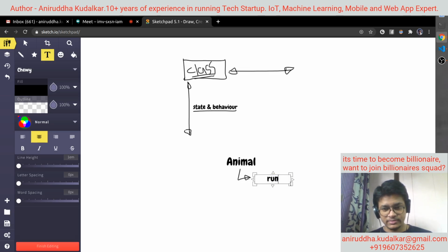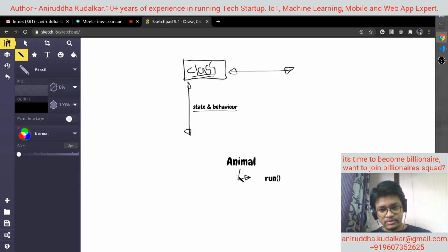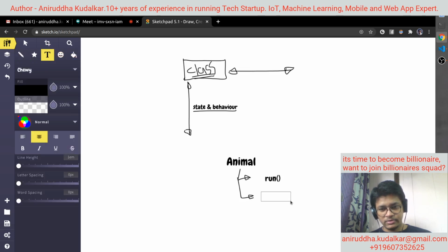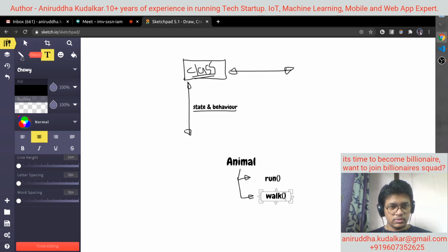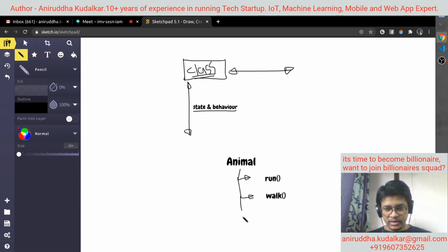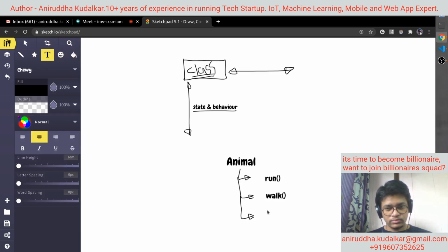Animal can run. Then animal can walk. Then animal can eat, right?